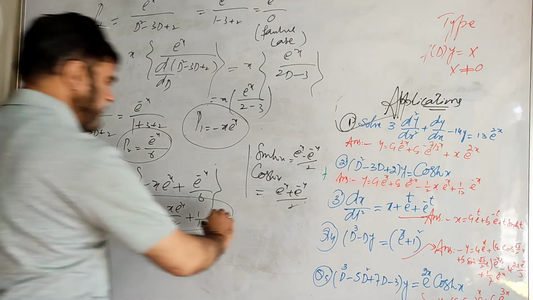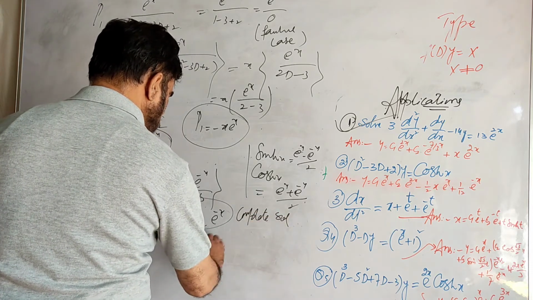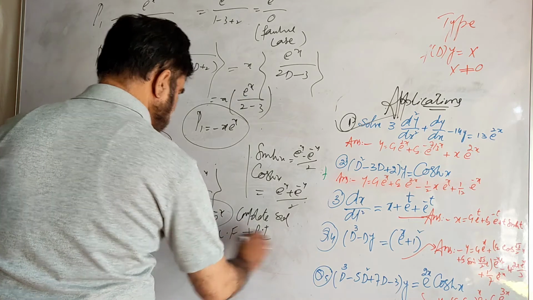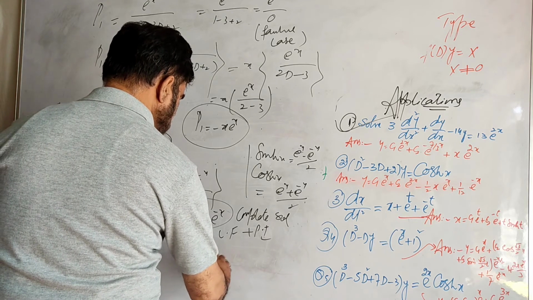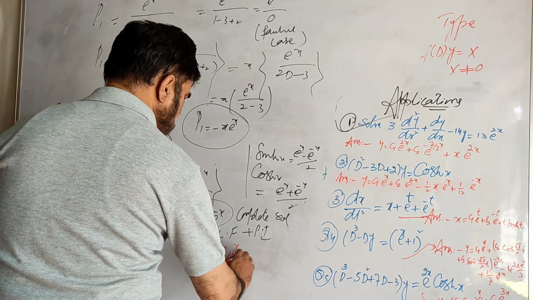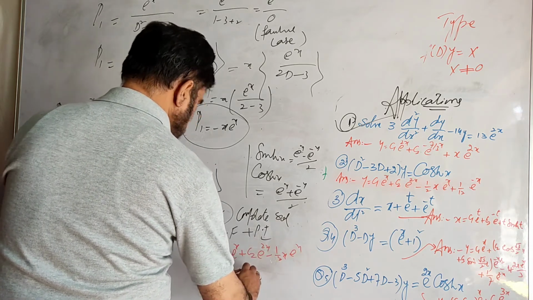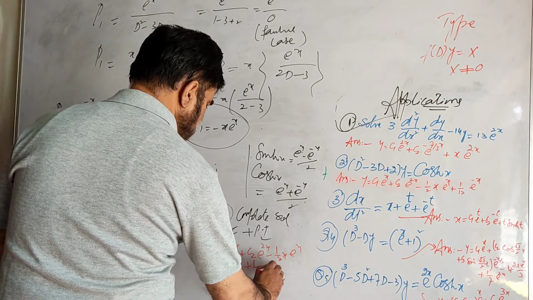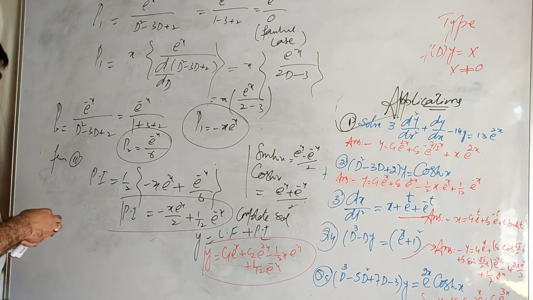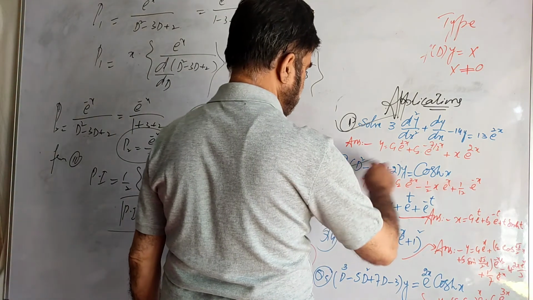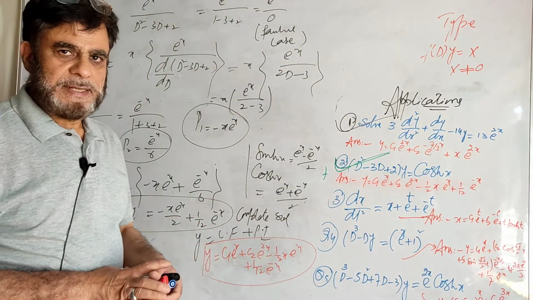So what is the complete solution? The complete solution is given by y equal to complementary function plus particular integral. What is your complementary function? You found it. The complementary function was c1 e raised power x plus c2 e raised power 2x. So y equals c1 e raised power x plus c2 e raised power 2x, minus 1 by 2 x e raised power x plus 1 by 12 e raised power minus x. This is the solution of this problem. So we have done problem number two also. Both cases here involve non-failure and failure.